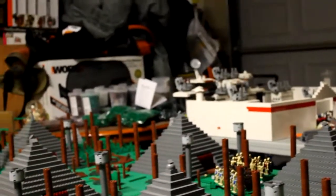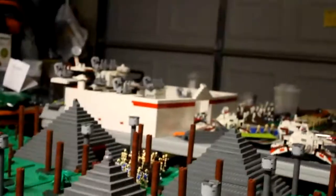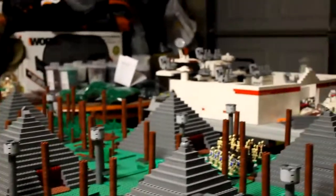And those will be seen later on, probably around the same time that the rest of the clones that are going to be in this MOC will be seen, which won't be for probably about another good month or so, just because it's going to cost me a lot to get all those clones here. So I'm going to have to stock up on cash real fast. And the last thing I really want to say about Yavin is that I might outsource the clones for this MOC